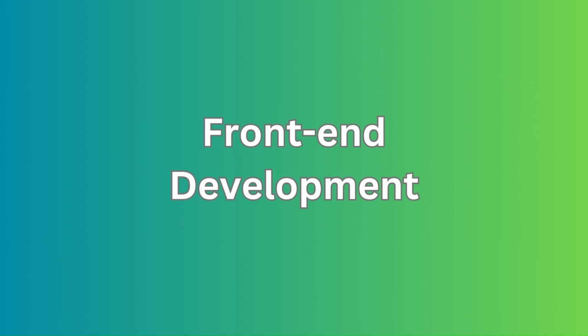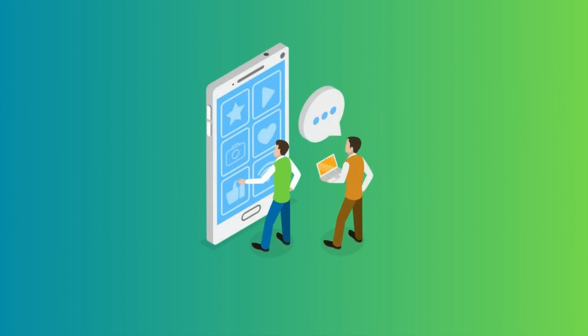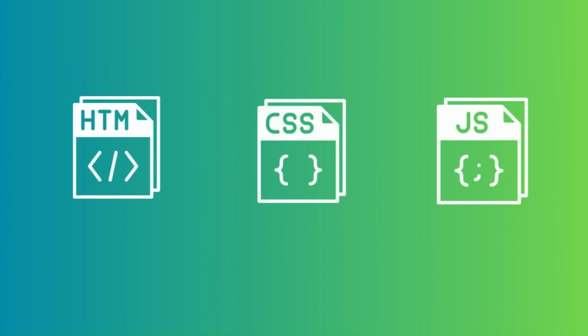So what is the front-end? Front-end in programming refers to the part of a software application or website that users interact with directly. It covers the user interface and user experience, focusing on how the application looks and feels to the end users. Front-end development involves the use of technologies such as HTML, CSS, and JavaScript to create visually appealing, responsive, and interactive